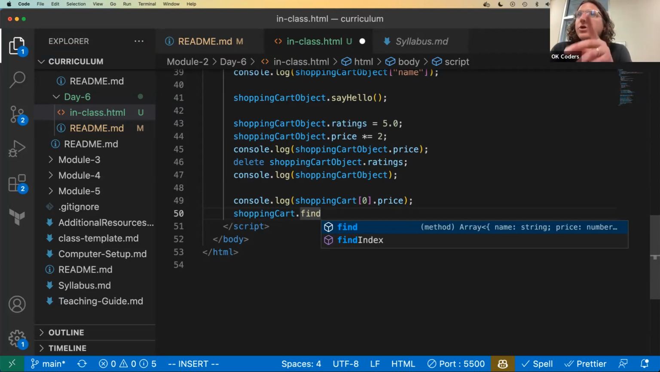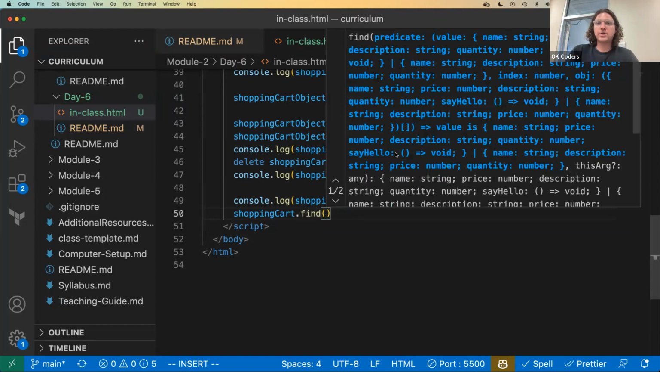But in this case, we're trying to find an object that has a particular property, and that property has a particular value. And so we can use find index to find the index, or we can use find to just actually get the full object back, to find that particular object. And so we can do find, and find takes a function that defines